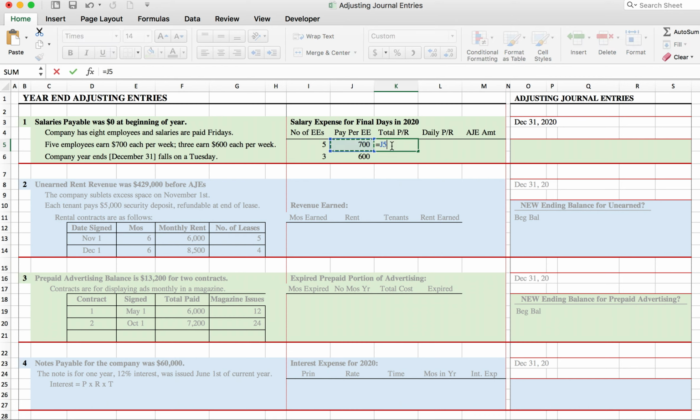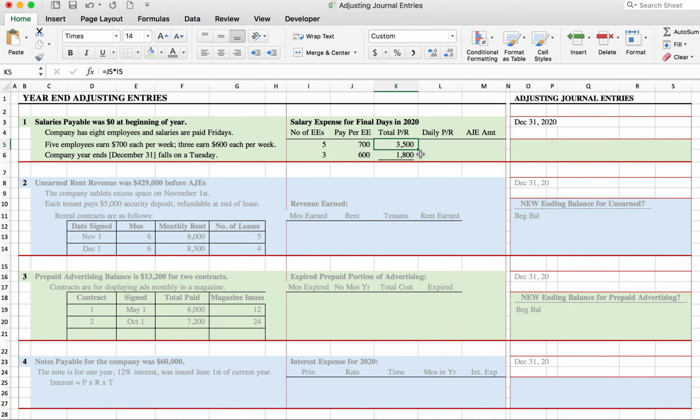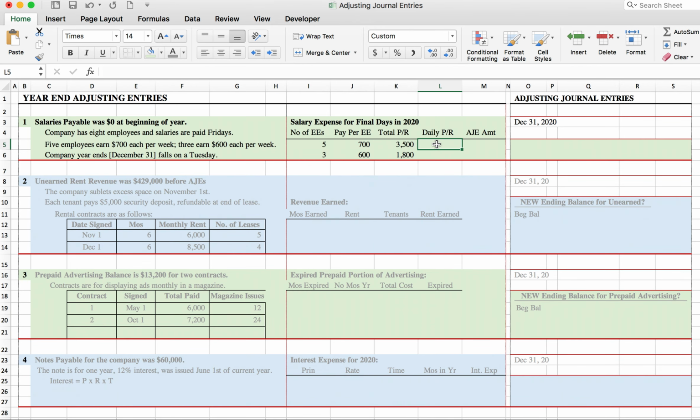Our total payroll for our 5 employees is going to be 700 times 5, which is equal to 3,500, plus 600 times 3, which is equal to 1,800. But the daily amount is going to be equal to 3,500 divided by 5 days per week and 1,800 divided by 5 days per week. So the sum of my daily payroll is going to be